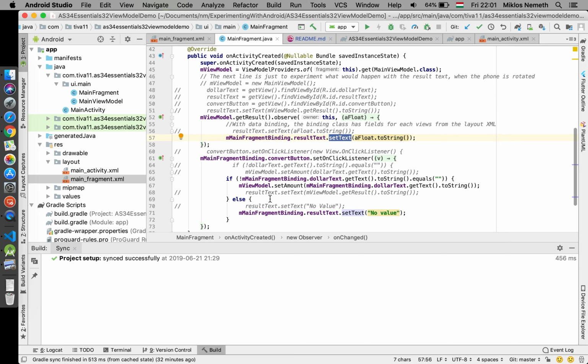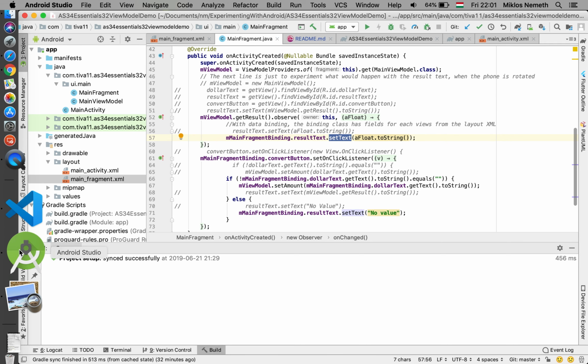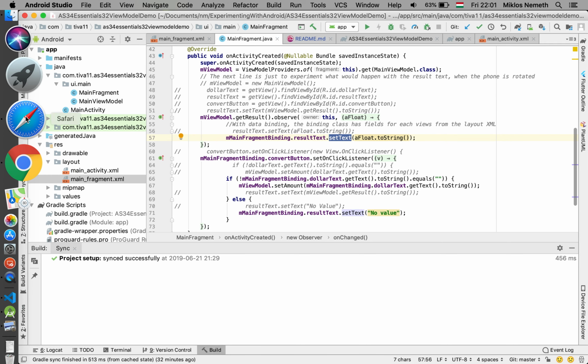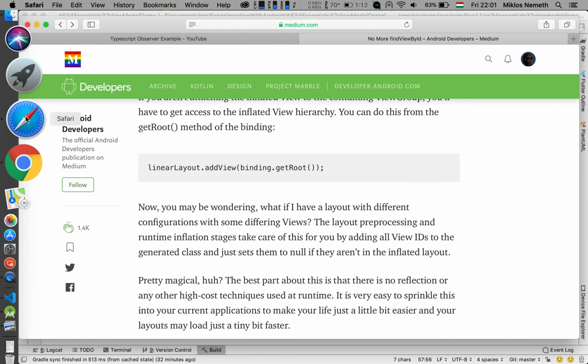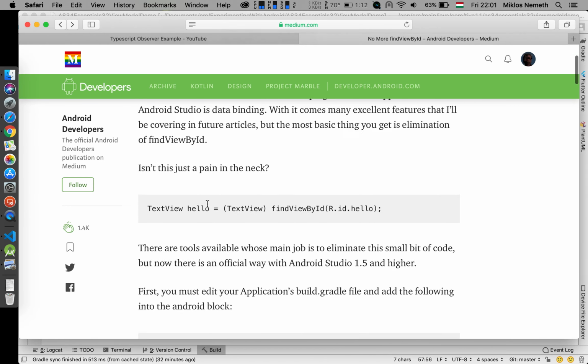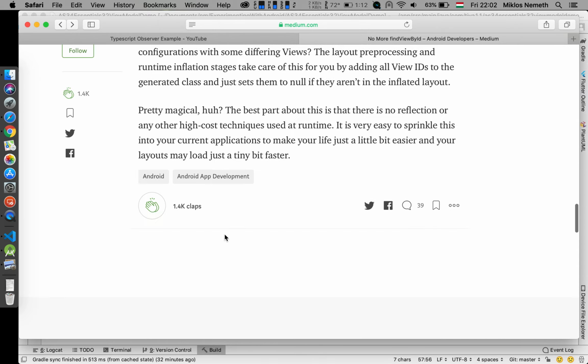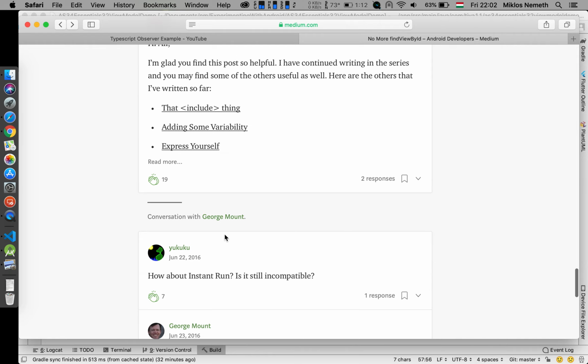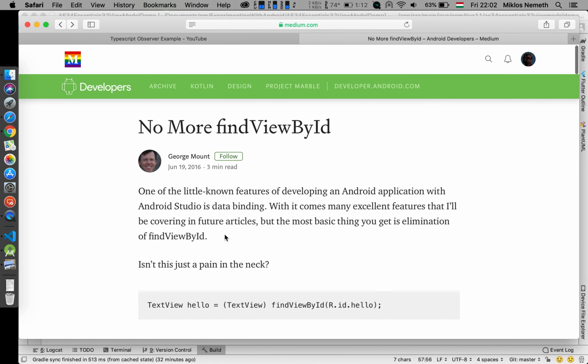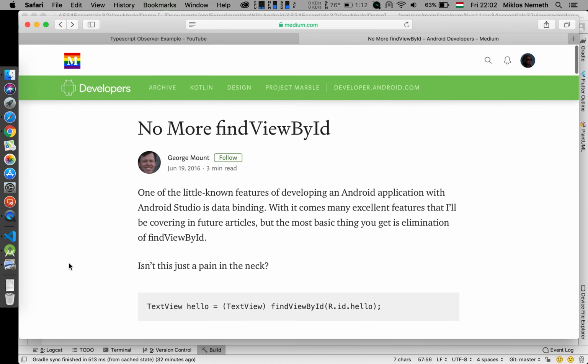So after these first steps, I think this data binding could be a lot more reasonable, and I'm definitely going to follow the rest of the tutorials this guy George Mount was writing about, and then I may change my mind,